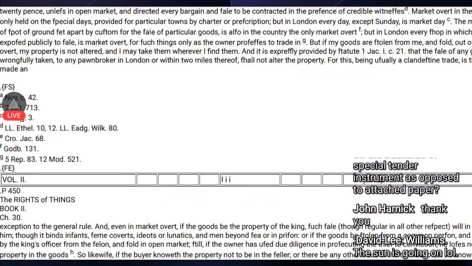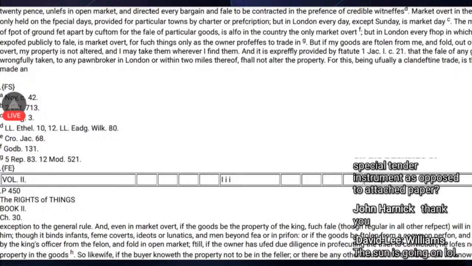But in London, every shop in which goods are exposed publicly to sale is market overt, for such things only as the owner professes to trade in. But if my goods are stolen from me and sold out of market overt, my property is not altered, and I may take them wherever I find them. And it is expressly provided by statute